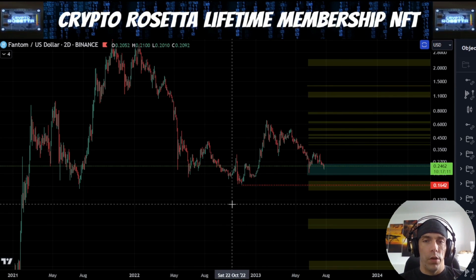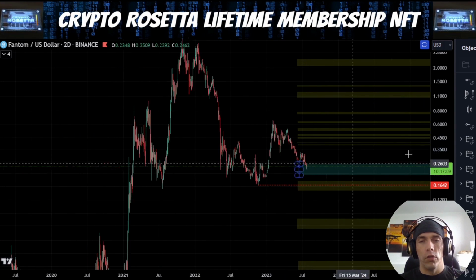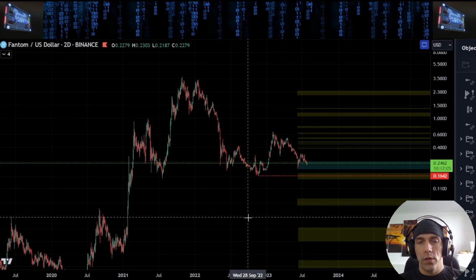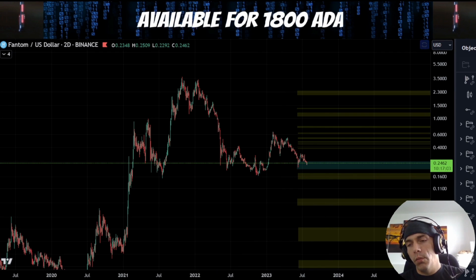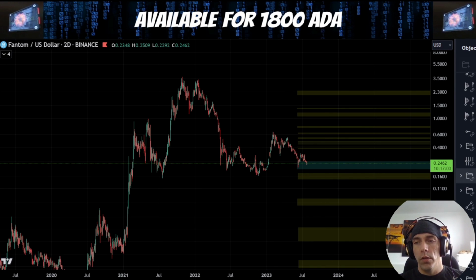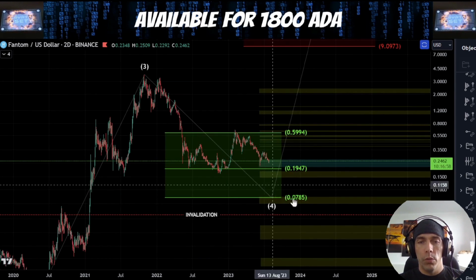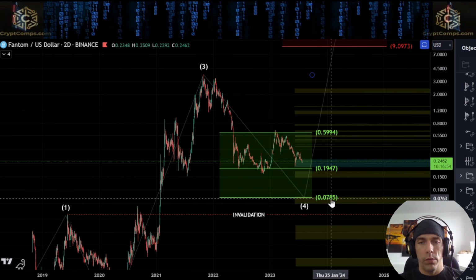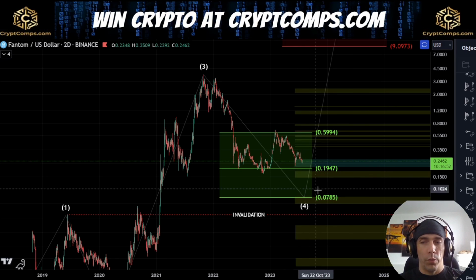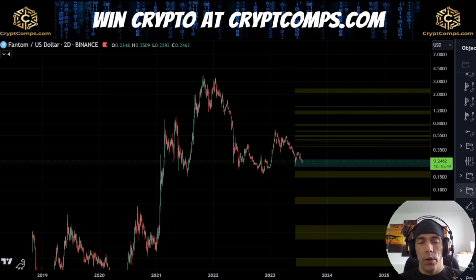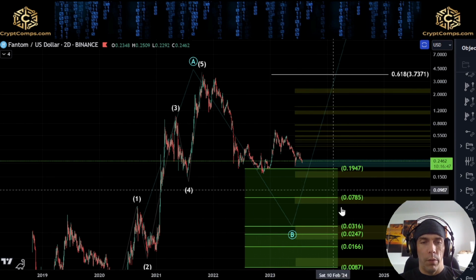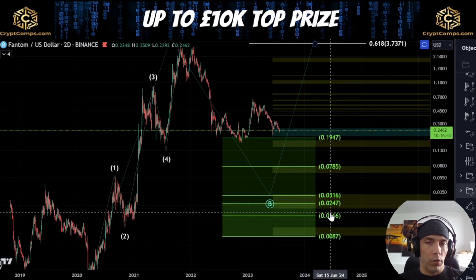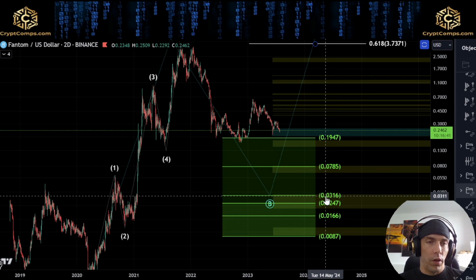Effectively, I want to see whether we continue to hold this good structure to the upside here. If we are looking for that bullish case, if we lose this 1642, then effectively what we'd be looking for is either this potential where we're looking at this as a 4th wave, in which case I will be paying a lot of attention to this lower level here of this 50% as a possible target. And then, if we are looking at this idea, this allows for a much deeper correction, in which case what we could still see is price come back down to some of these lower levels here,